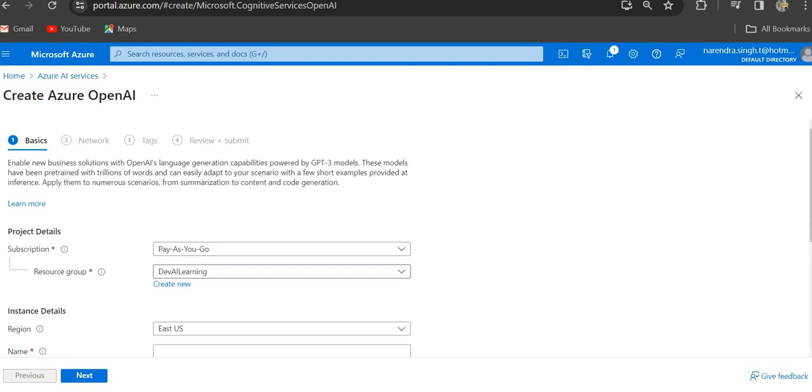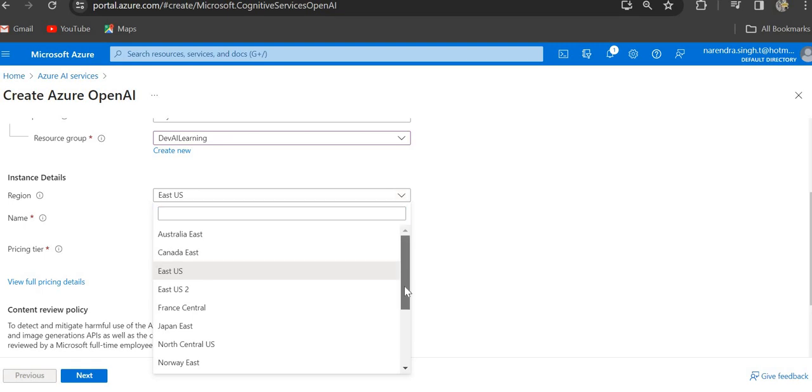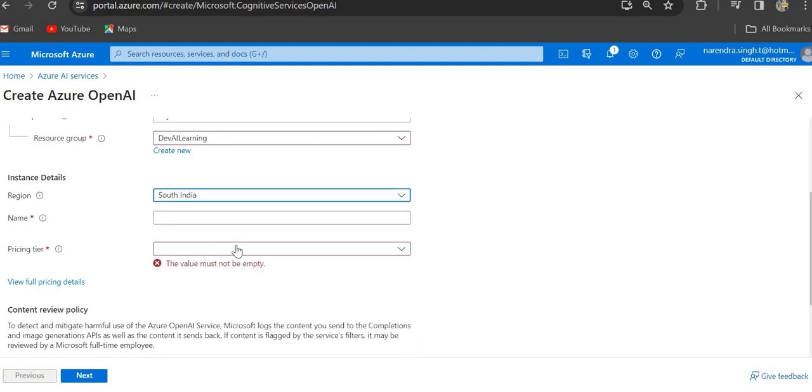I already have a resource, so that's why I just selected it. You have to select the region. I'm in India, so I would prefer to select the India region. South India is the one option available here. Just pick this one. As a name, I would like to give the name something. Already there, so I'm just using